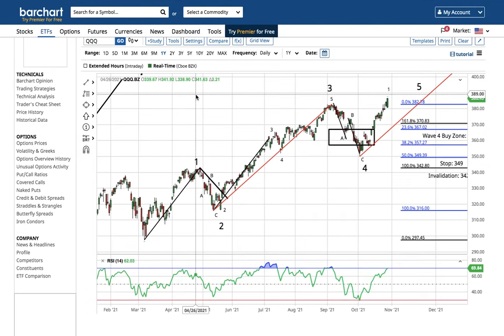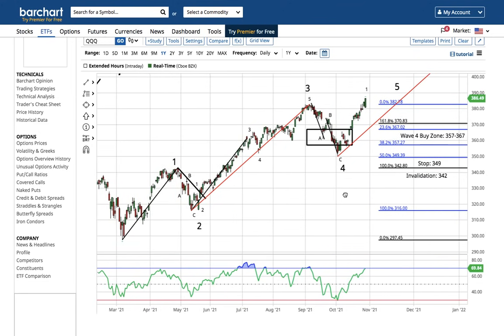Let's look at the Nasdaq right now. It forms a wave 1. It has an ABC correction and puts in a wave 2. I believe it's within a large wave 3, or it ended a large wave 3 that went past the 161.8% extension of wave 1. So that really confirms this is certainly an impulse structure.